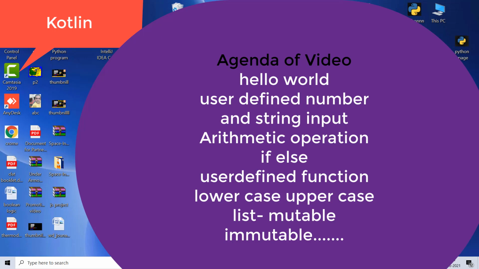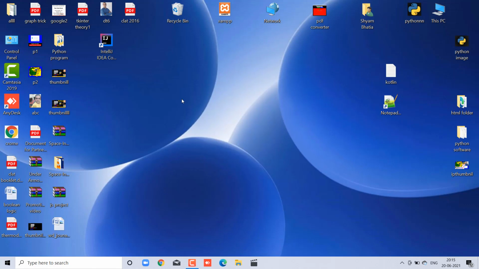Today we will discuss Kotlin programming, and in this video we will start from hello world, then how to make a user defined function, how to take input, fixed values as well as user defined values, and also take input from the user as a user defined string, as well as if else. It simply means the control statement, and we will discuss the for loop and many loops, and how to make, call and create a user defined function. Everything we will discuss in this video. So core Kotlin will be completed after watching this video.